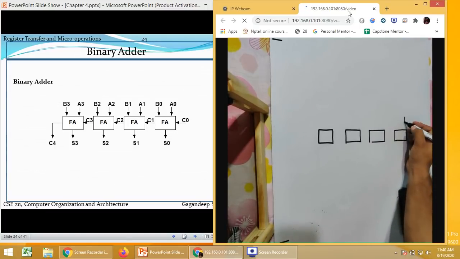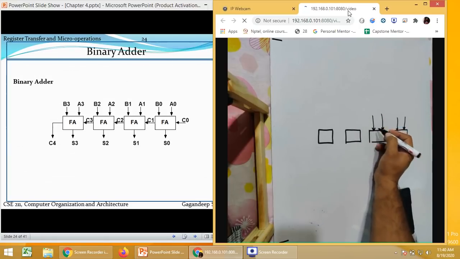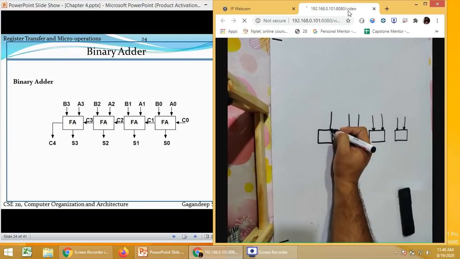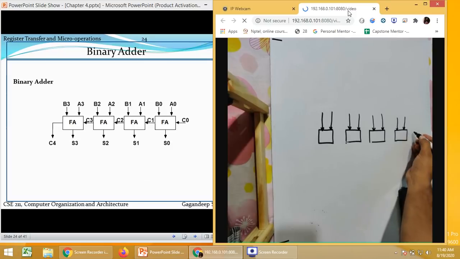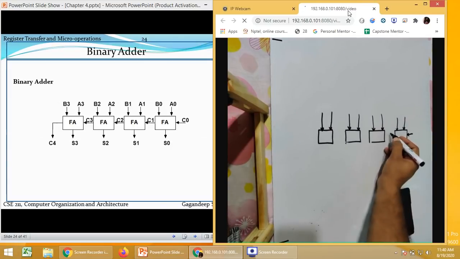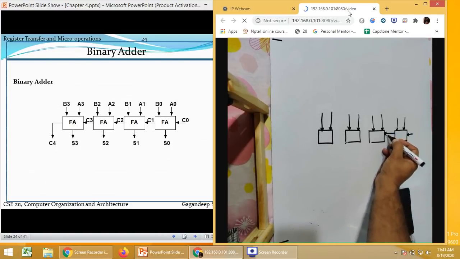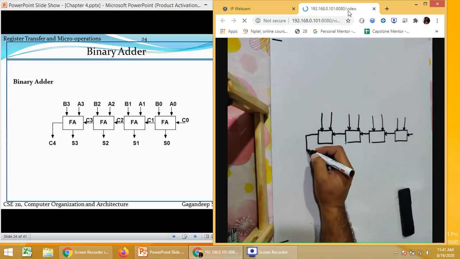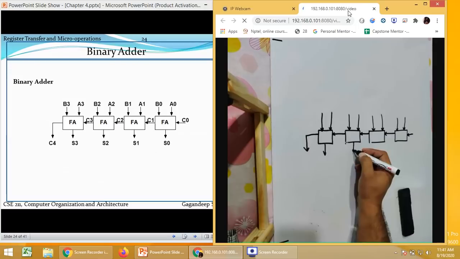From one side we have the values A, then B, A, B, and so on. The rest of the values are C values. That is C naught, which is given as the first carry. This will be forwarded to the next, next, next, and here we will have the carry out, so one line of output as well.